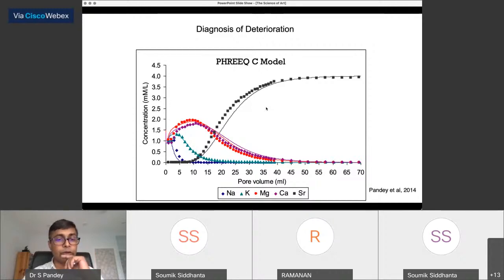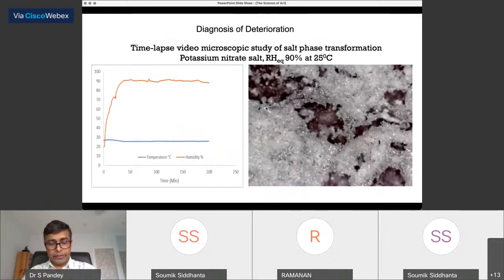We went further to look at what happens when the environmental transformations happen on a very short scale. And environmental fluctuations happen. Like, suppose that this is a bright sunny day today. Suddenly rain comes for half an hour and then goes back. Temperature is back. Sun is back. So we artificially created this kind of scenario, and this is the time-lapse video imaging which